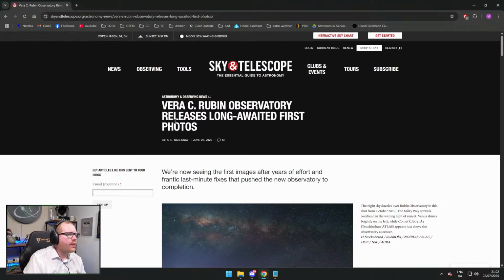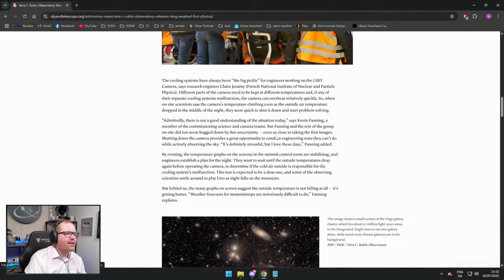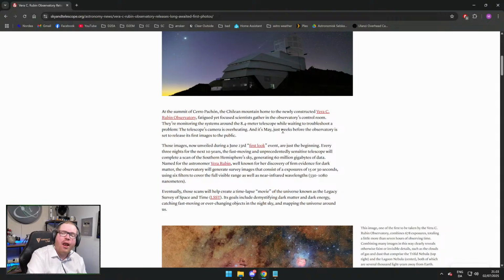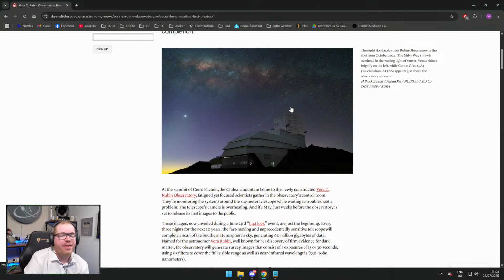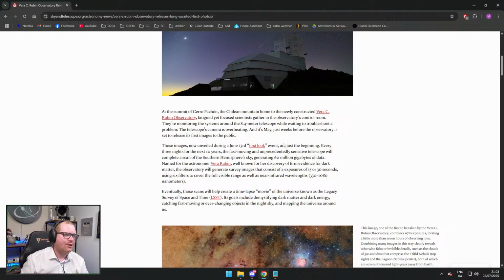Sky and Telescope has a really interesting article that I want to talk about, and that is, of course, the Vera C. Rubin Observatory has released its first image, and it is glorious. I don't know if you guys have been following this observatory, but it is pretty amazing. It has, I think, the largest camera sensor built ever. It's something like 3,500 megapixels, so that would technically be 3.5 gigapixels. It's absolutely insane. And I think the main purpose of this telescope is going to be stuff like comet detection,